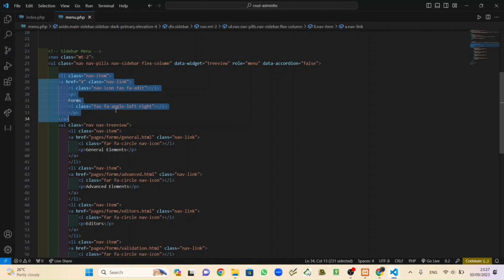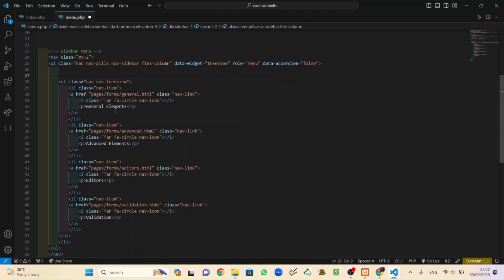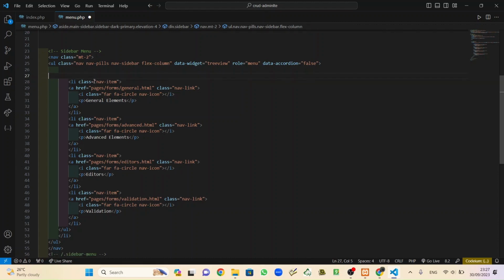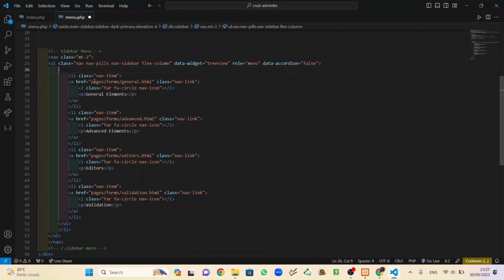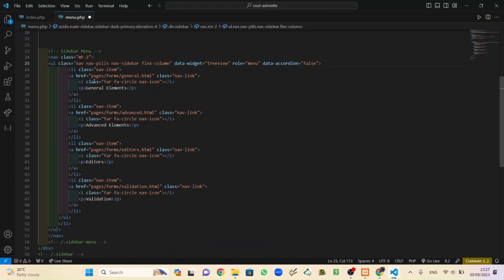Okay, remove that, and also this. Yeah, and then, okay, so we will remove the class text.